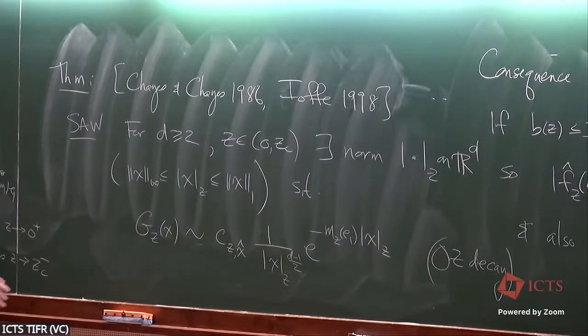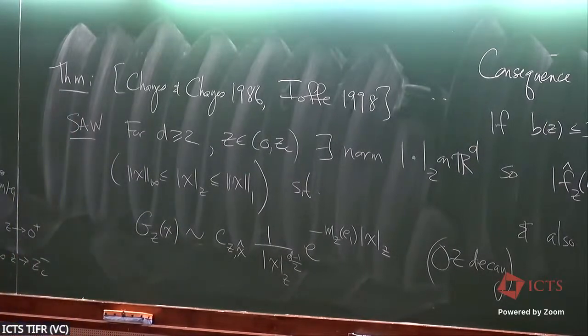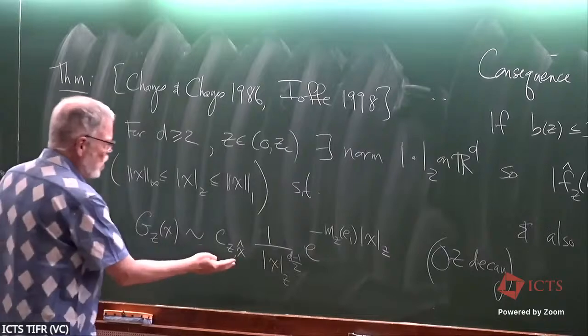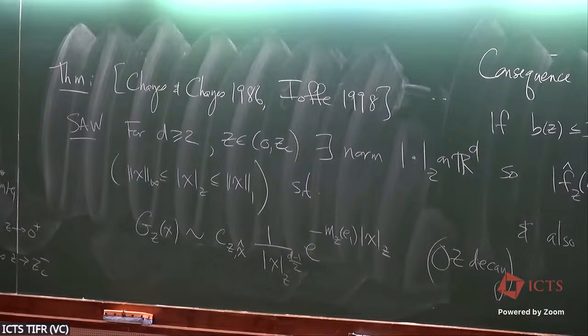Now, this type of theorem has been proved for many models. Percolation, it was proved shortly afterwards, I think in 1990 maybe, by Alexander, Chayes and Chayes, or Campanino, Chayes and Chayes. There were a bunch of papers with Campanino. There are many papers with Velenik and Ioffe and co-authors. We're going to hear next week, Loren Coquille is going to talk about this in FK models. So this Ornstein-Zernike decay is sort of everywhere. It's in Ising and many other models.